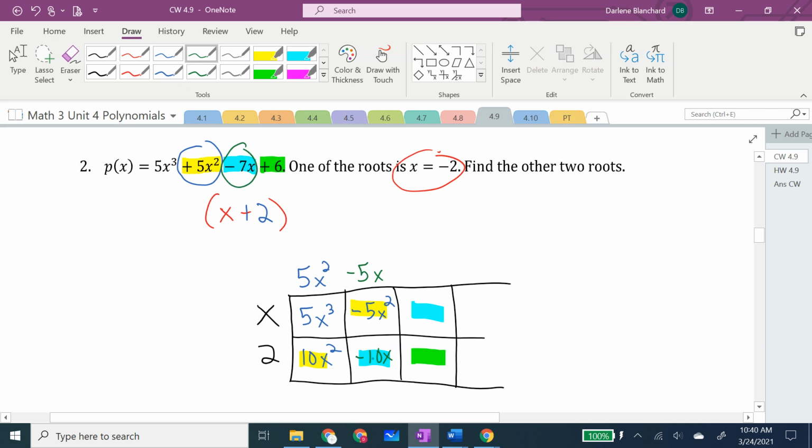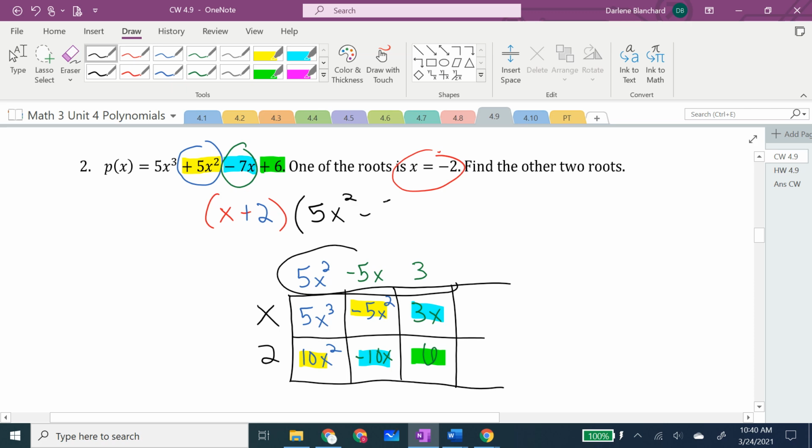And these two boxes have to add to make a negative 7x. So I need to add 3x to the negative 10x to get the negative 7x. And then finally, x times 3 will give me 3x. 3 times 2 is 6. Yes, the green matches. That means the polynomial can be factored as x plus 2 times the quotient alone,